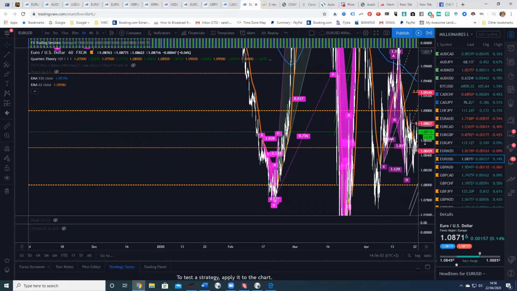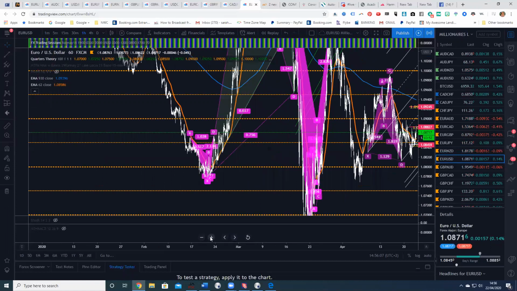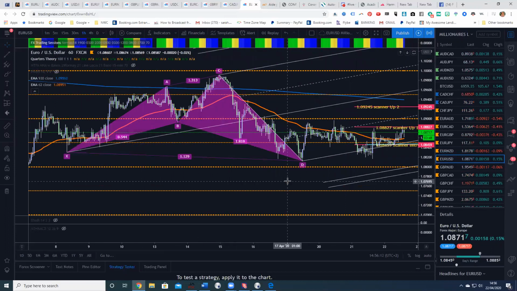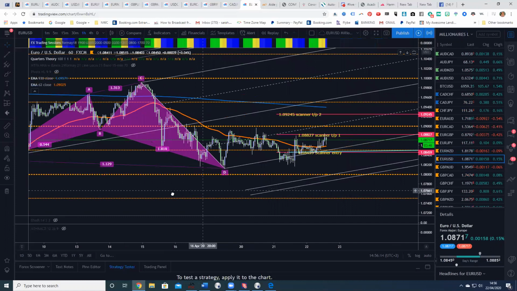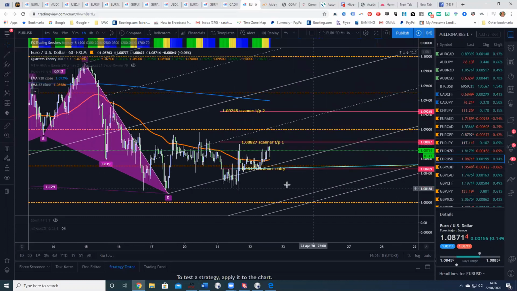I did already have this marked because those pink lines are the suggested scanner entry. So here is the scan, and it's just at the take profit one. So we'll finish with an analysis of this as getting into the trade now, as a trade idea rather. So you can see that it did come out of the scan a little bit, very wicky, a lot of wicks,